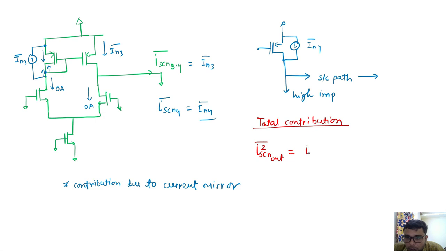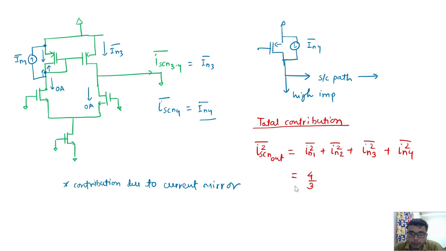It is I_N1 square plus I_N2 square due to M2, I_N3 square plus I_N4 square. Okay, so this way you can see this is nothing but